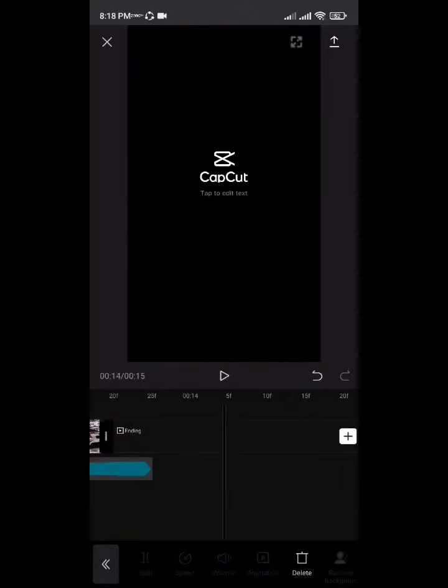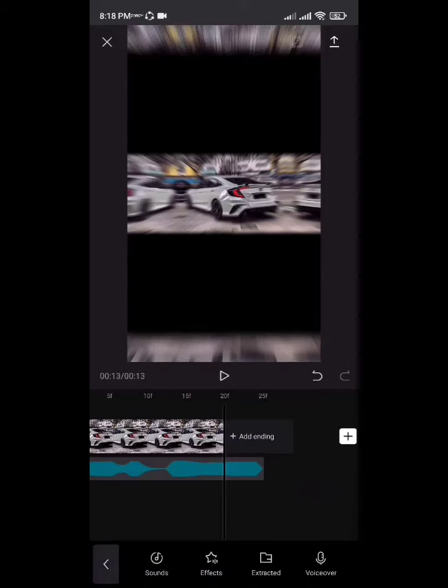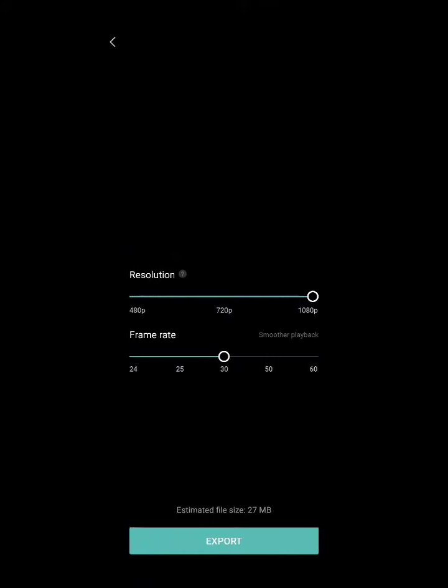Now click on CapCut ending video and delete the CapCut ending video. Now adjust the audio level to the video level. Now click on arrow key. Select the resolution and frame rate which you want. Click on export